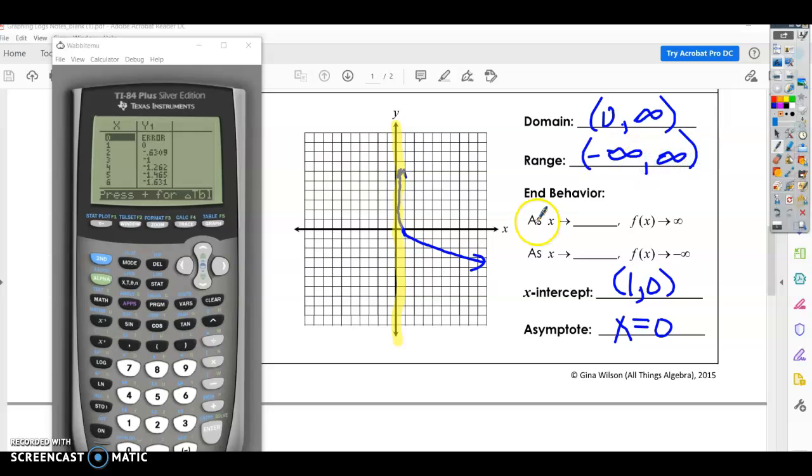All right, now what happens as x goes to 0? f of x goes to positive infinity. So this goes up this time as x goes towards 0. And as x goes towards infinity, f of x goes towards negative infinity. Okay? All right, so being aware of the end behavior, the domain and range, the intercept, and the asymptote,